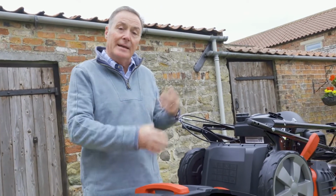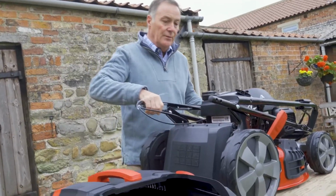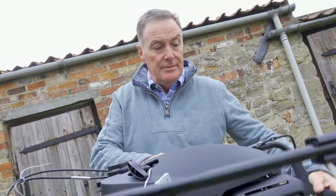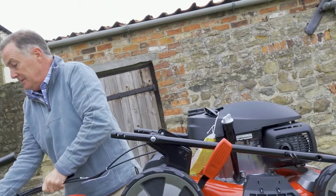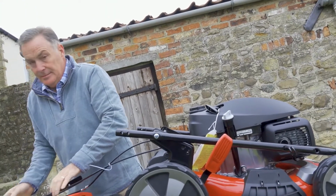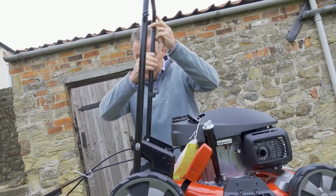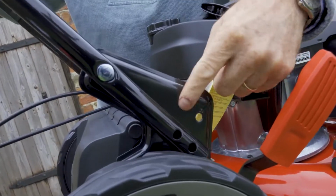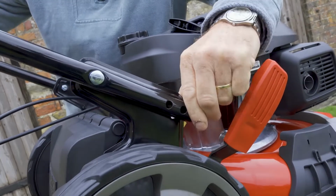So that's it. So what we'll do to start with is we'll put the handles together and then we can put the grass box on. So very simple to do. It's just a case of lifting this piece over, and I'm just going to lay that down there for the time being. And then this piece will fold on. It's already got a bolt there, so it's just pivoting over, and we've got two holes here, and we can choose which one we use,